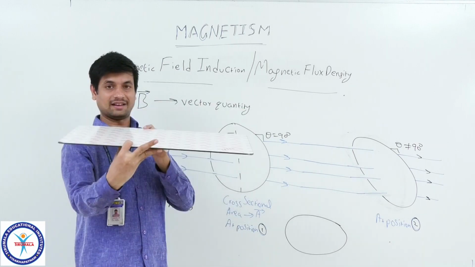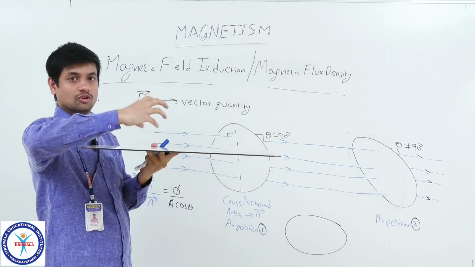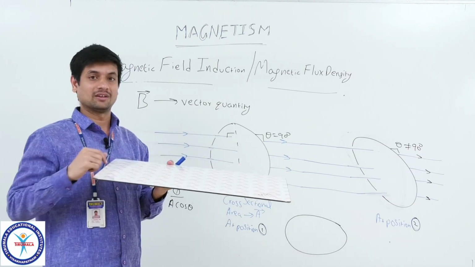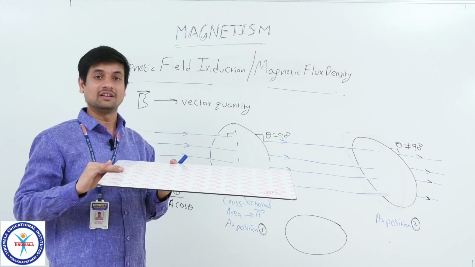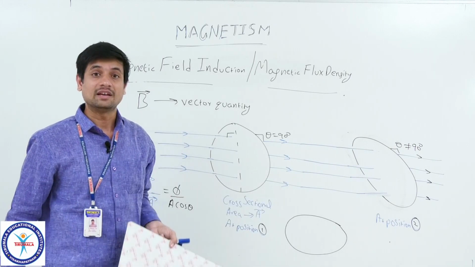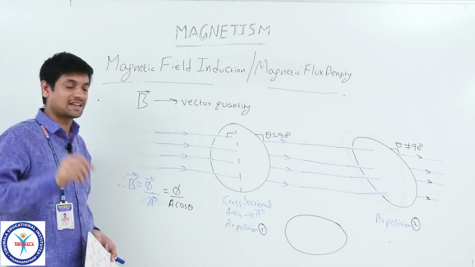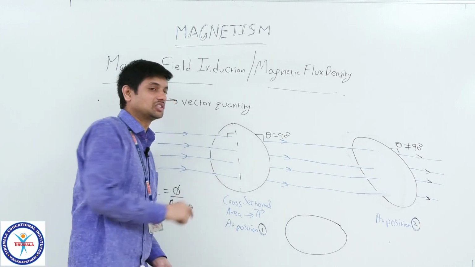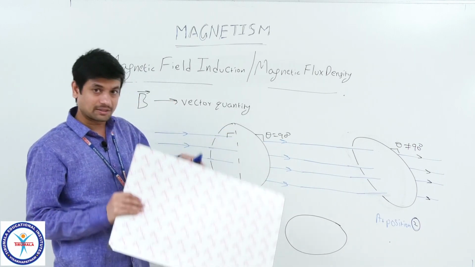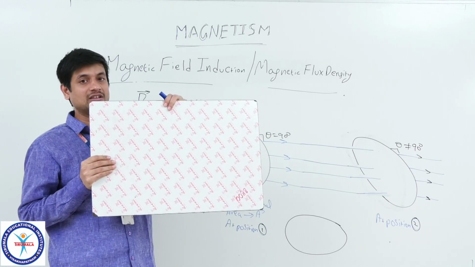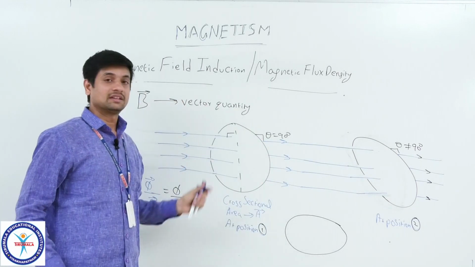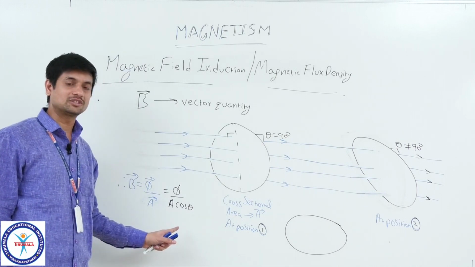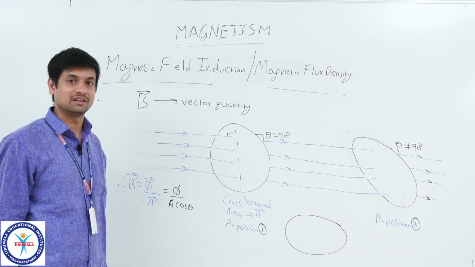Now, keep this plank like this. How many balls can be sent now? No balls can pass through this unit cross sectional area. Here I assume those balls as these magnetic field lines, and this plank as the unit cross sectional area. Whenever this plank makes a 90 degree angle with these flux lines, the magnitude is more. But if I take cos 90, the value becomes infinite, that means it cannot be defined.